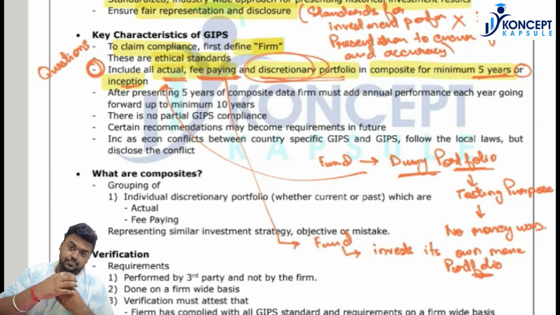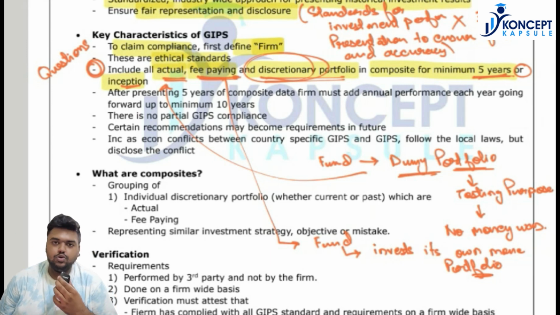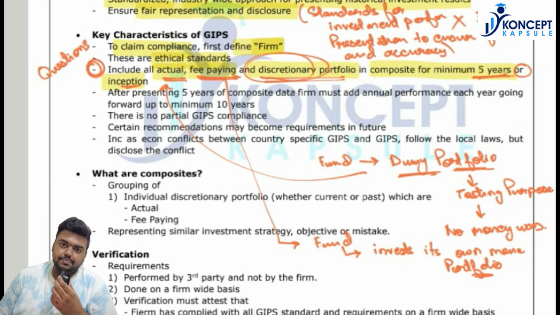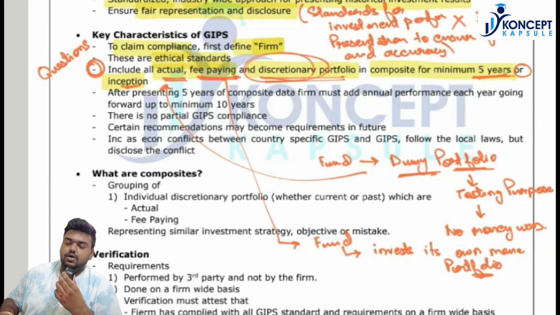On the other hand, think of a situation if the non discretionary portfolio outperforms, then they would want to include them in the performance presentation. But the logic applies the same. Did the firm take any action or any decision for such a positive result? The answer is no. Since the answer is no, then why should the firm get a credit out of it? And thus, only discretionary portfolios are part of the presentation.